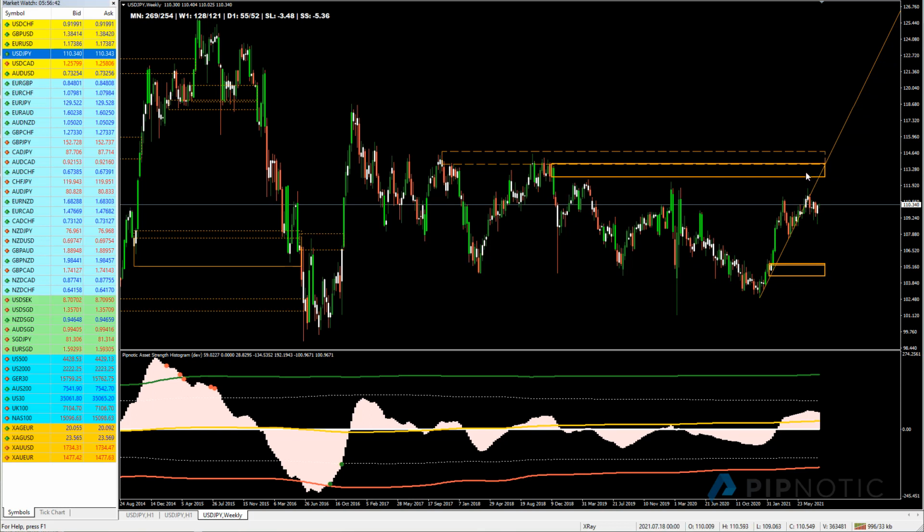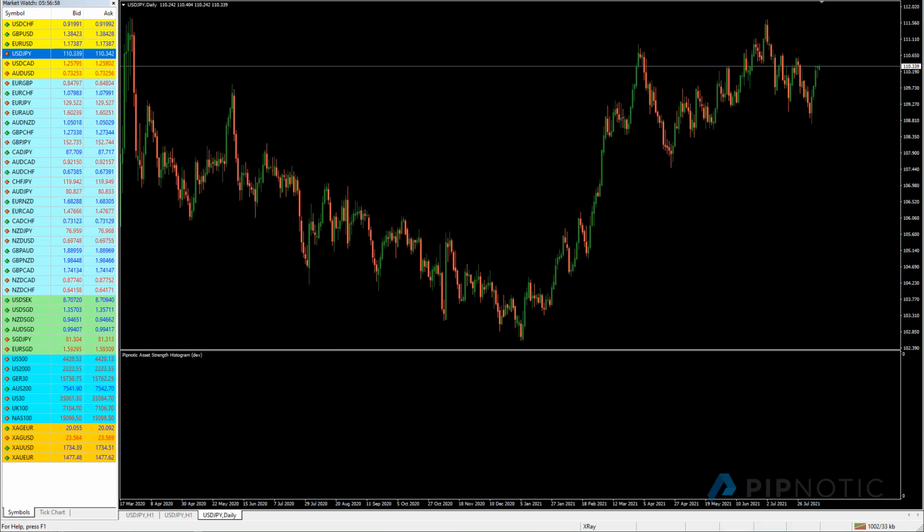And price is getting up to here, so I'm thinking if this area just up here holds, price will likely wriggle back down to this area here, rebalance price before it continues what it's going to do. Because this looks like a very interesting area from around there. If we have a look on the smaller time frame,